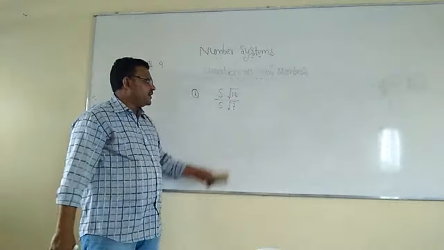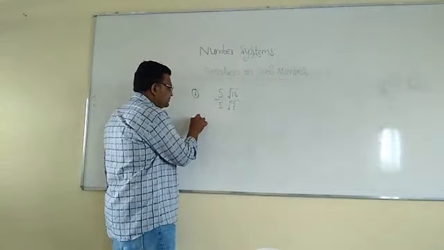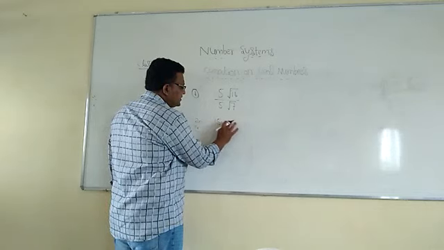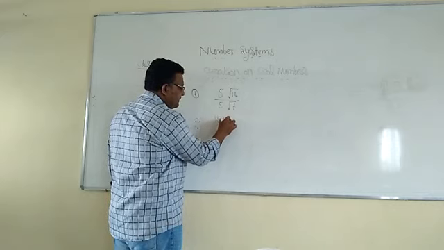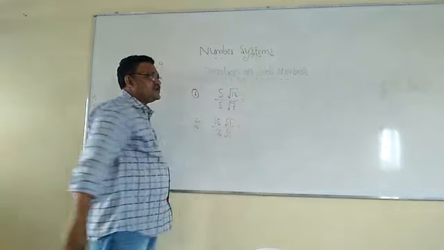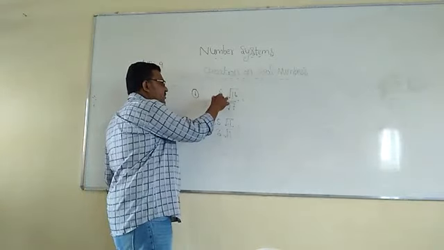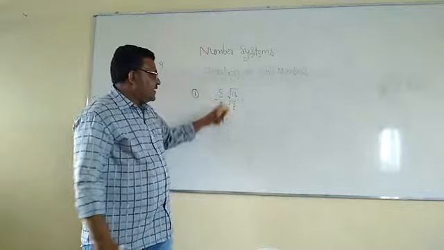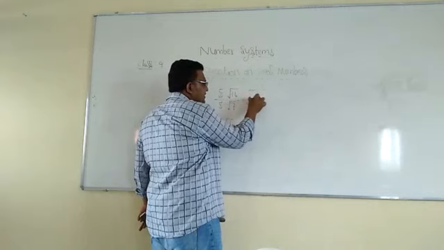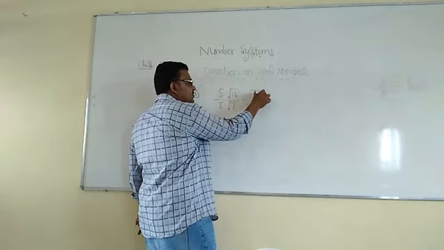So one example, 5 root 14 and 5 root 7. And one more example, 15 root 11 by 3 root 11. Yeah. So observe these two examples. Here 5 by 5. So in numerator 5, denominator 5 will get cancelled. And square root of 14, square root of 7. So both are square root only, that's why I will write them in the same square root. So 14 by 7. Now cancellation, denominator 7 ones, numerator 7 twos.